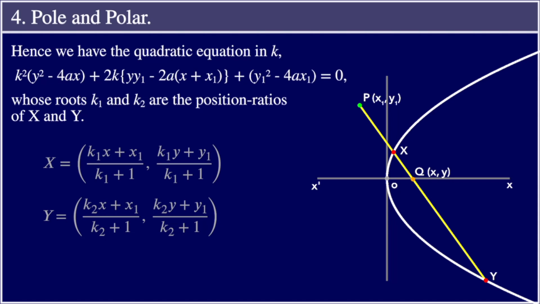Hence, we have the quadratic equation in k: k²(y² − 4ax) + 2k(y₁y − 2a(x + x₁)) + (y₁² − 4ax₁) = 0,